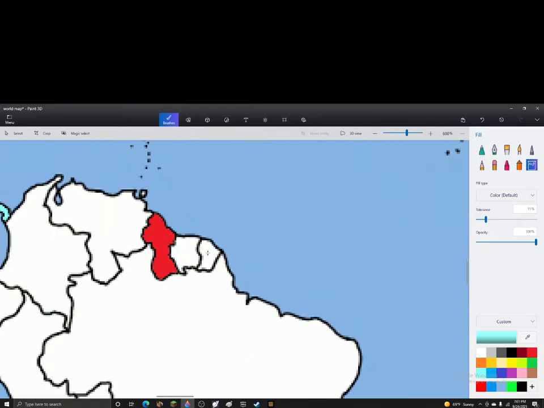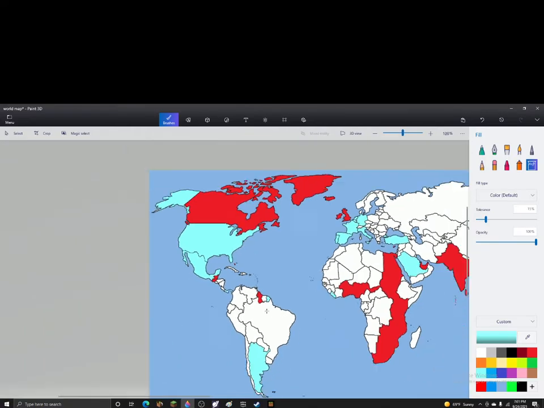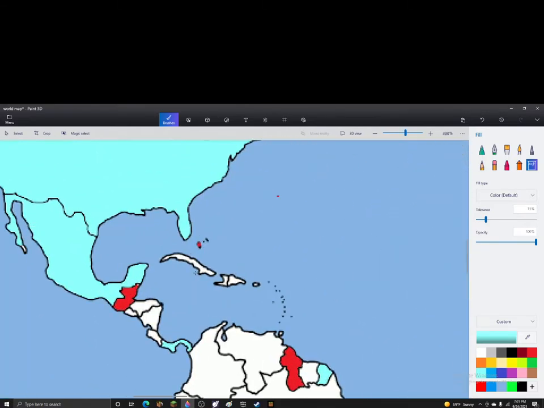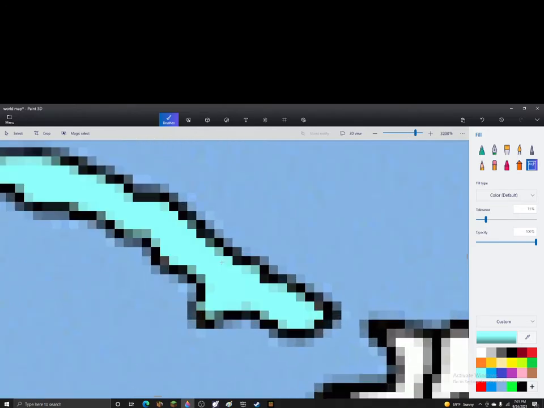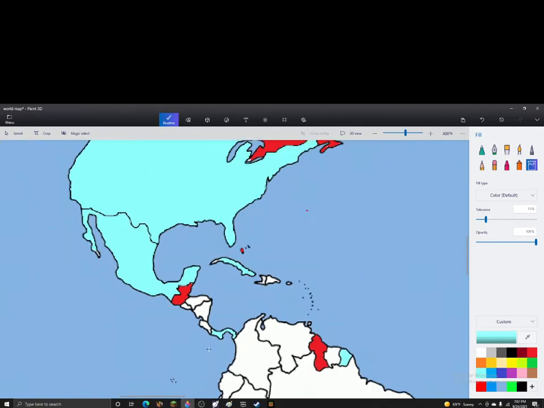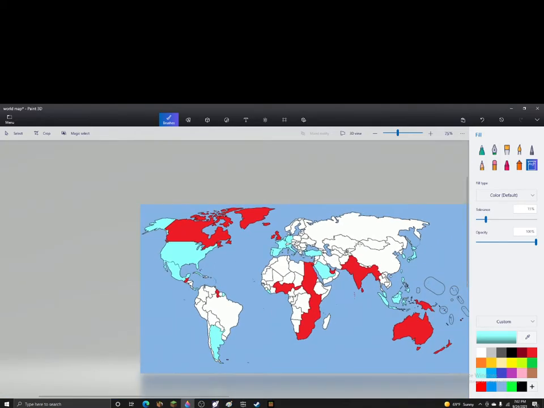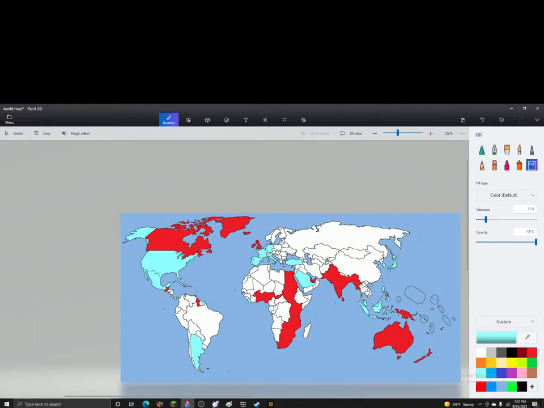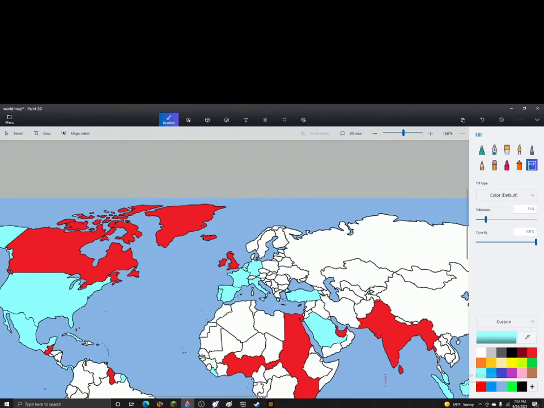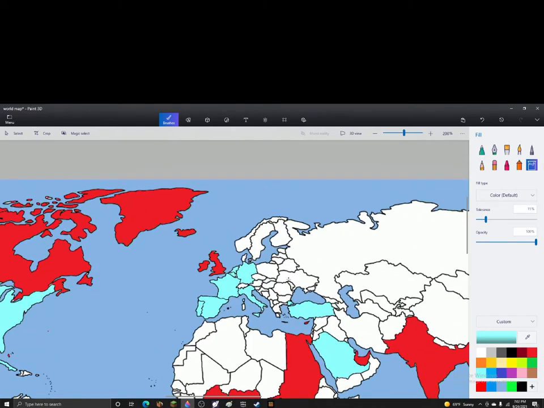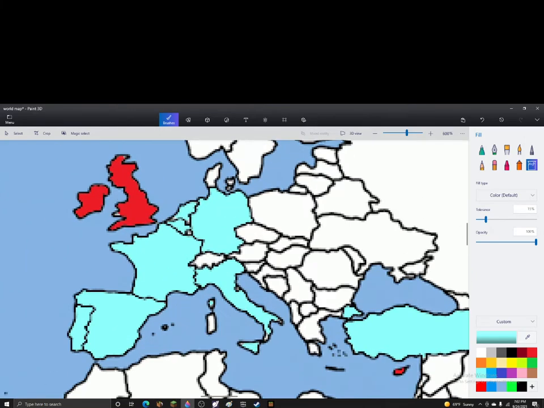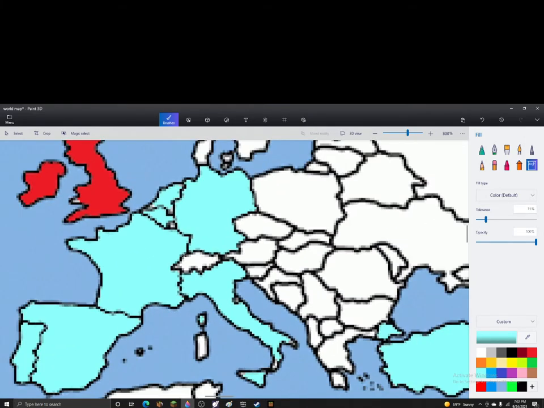Then French Guiana joined. Since they are part of France, they would really be required to join. Then Cuba joined. So the US and Cuba could actually be working together on this. And there was only one more country that joined, for now at least. The last country to join for now was, surprisingly,